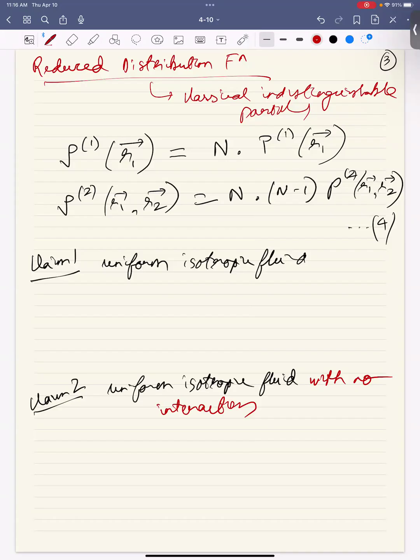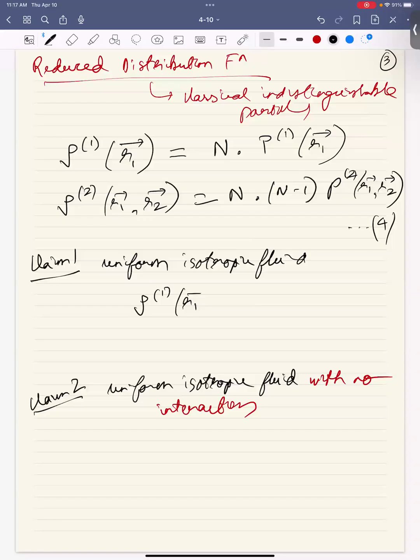Claim 1 does not apply to this bottle of water, because this is not an isotropic system, right? Gravity is acting. So along Z, this is not isotropic. Along X and Y, it is sort of isotropic, right? But if you took this to a space shuttle, then this becomes isotropic. Even though the molecules are talking to each other, this is still a uniform isotropic fluid. If you took this bottle of water to a space shuttle, claim 2 will not apply because there is interaction between particles, okay? So claim 1 was that for a uniform isotropic fluid, rho 1